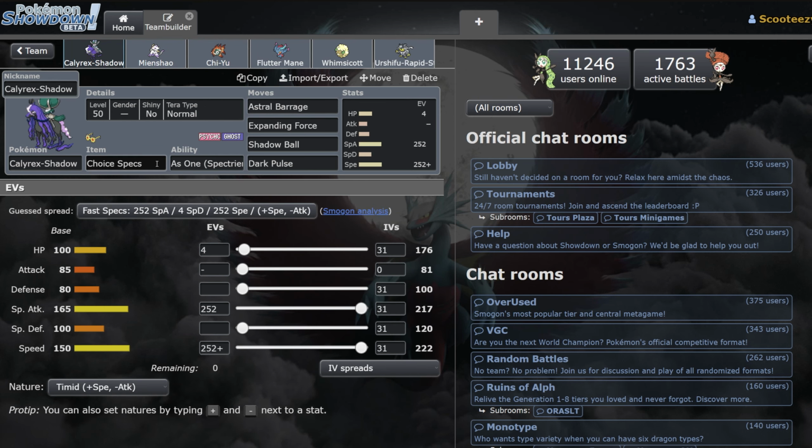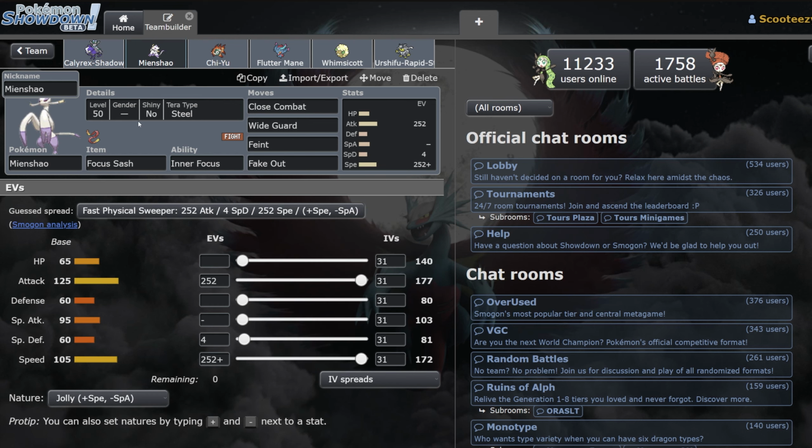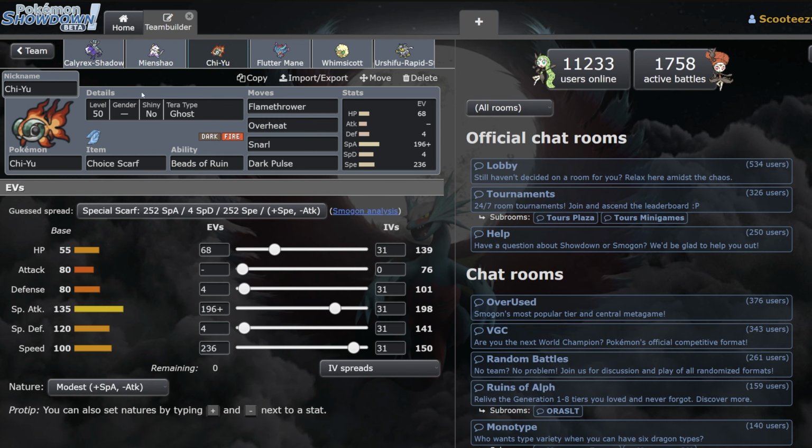And then finally, we have the team I whipped up earlier today. This is just a very, very hyper offensive version of the team, right? This is just Calyrex-Shadow with choice specs. This is Focus Sash Mienshao doing what it did before. We've been through all that. Then we got actually a Choice Scarf Chi Yu. Choice Scarf Chi Yu I actually really like because this set obviously outspeeds things like opposing Calyrex, which is